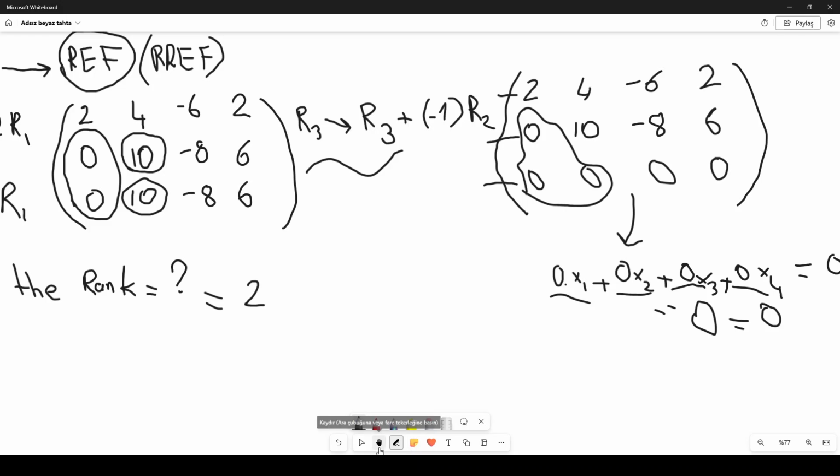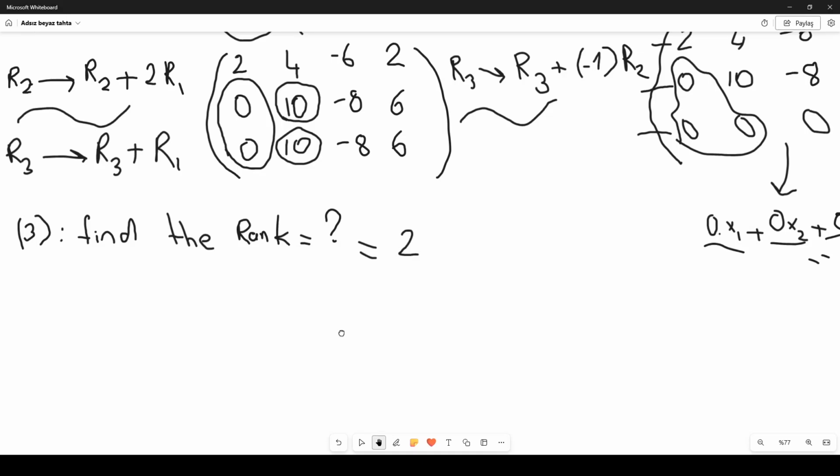Alright, we found the rank, so this is the third step. But why is this important? Actually, what we are interested in here is not only finding the rank, but using it to decide something different: the number of basic variables and the number of free variables. So this is the fourth step, okay? Let's apply this computational process in a step-by-step manner, okay? So find the number of